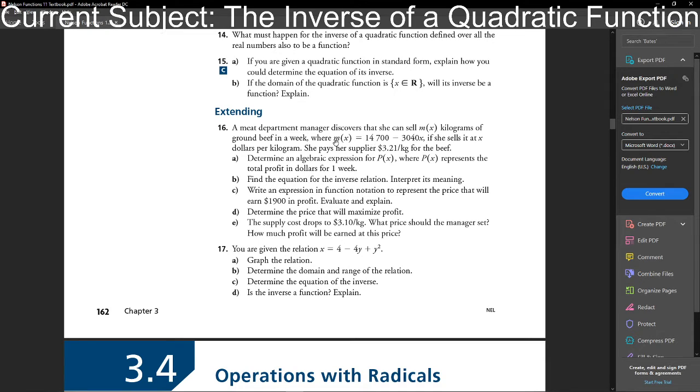That's interesting because I thought this was mass. Given that she sells at X, the quantity is MX. So profit is equal to. But what's X in this case? Well, like I don't understand. Why are we doing X minus 3.21?